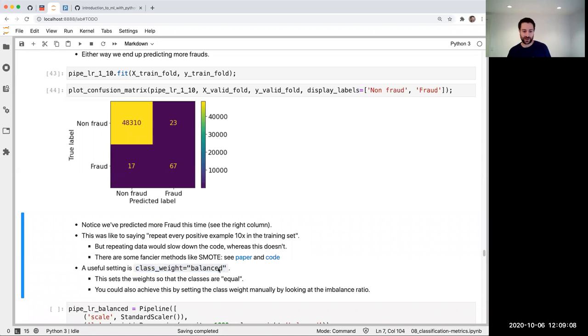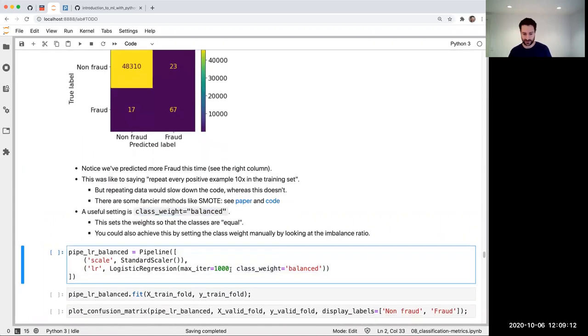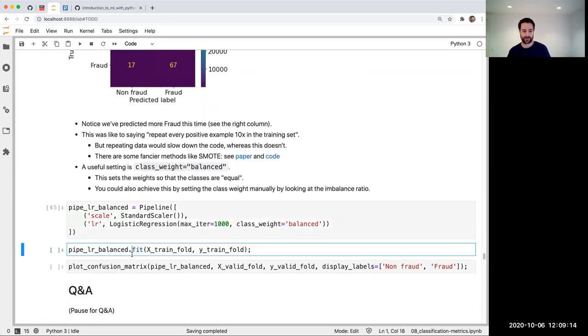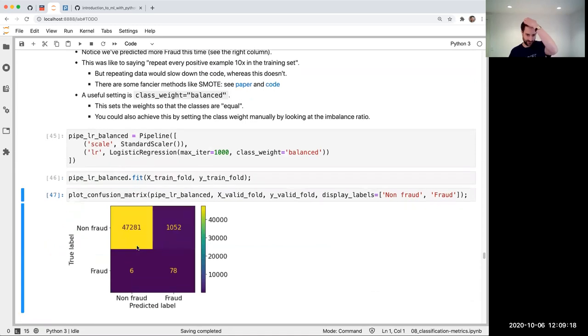And so I do that here. I set class weight to balanced. And then I can fit it. I can do the confusion matrix. And here you can see a stronger shift towards fraud. So here it's kind of like saying that both kinds of mistakes are similarly problematic. Not exactly, but